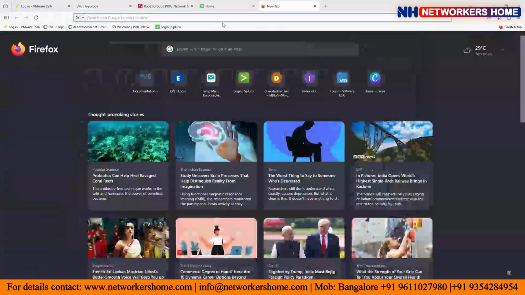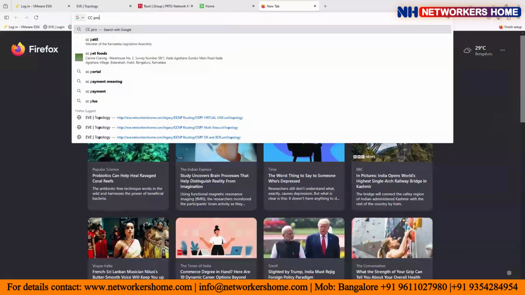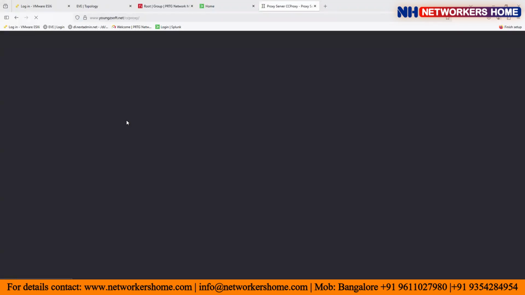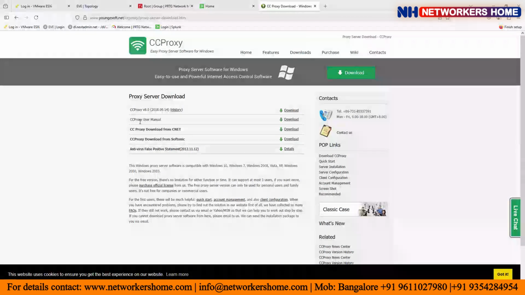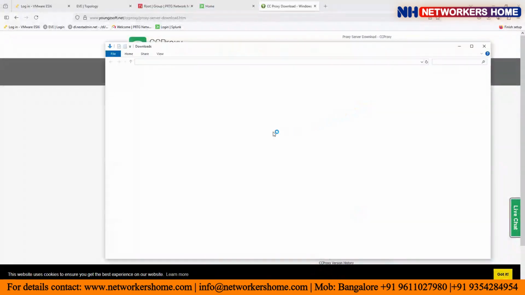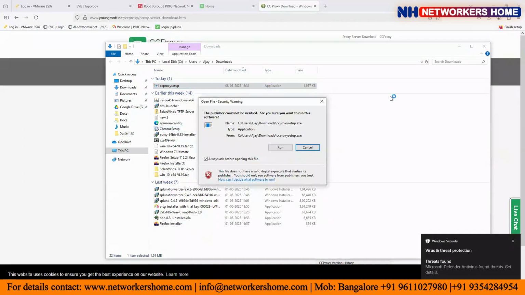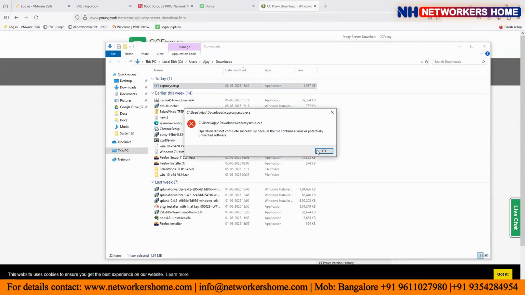One common general tool, if you want to use it in your simulation, is CC Proxy, which is going to help you configure a proxy in your Windows system itself. Let me show you this one. That also helps you to monitor. And in enterprise scenarios, if you want to monitor web traffic and secure your web traffic,